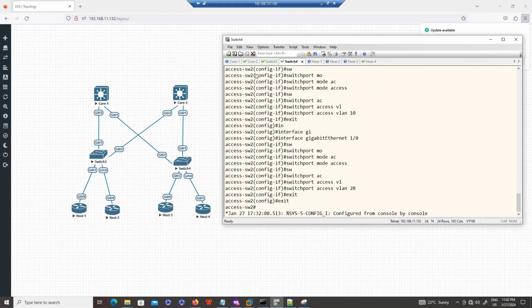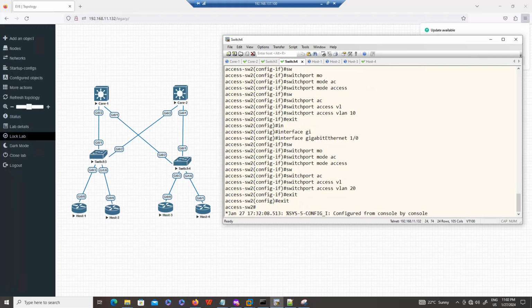Okay, now what does a trunk port do? Trunk port will carry multiple VLAN traffic. So PC10, PC20, how do they communicate, okay? When they send traffic to this switch, either this link or this link will carry the traffic for VLAN 10 as well as 20.